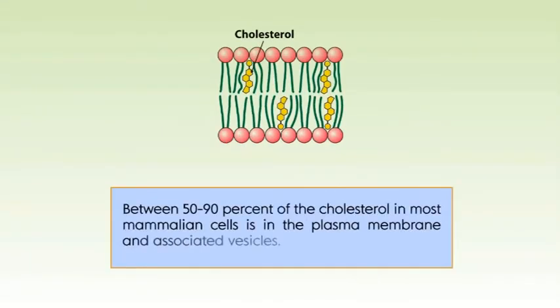The small differences in the biosynthetic pathways and structures of animal sterols are the basis of most antifungal drugs currently in use. As much as 30 to 50% of the lipids in plant plasma membranes consist of certain steroids unique to plants. Between 50 to 90% of the cholesterol in most mammalian cells is in the plasma membrane and associated